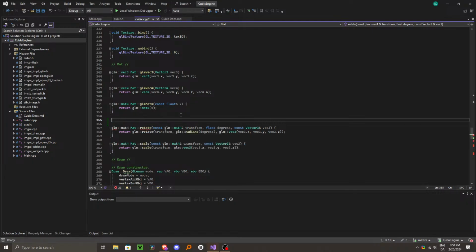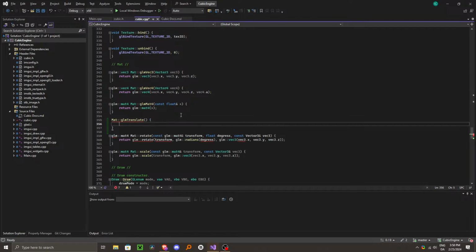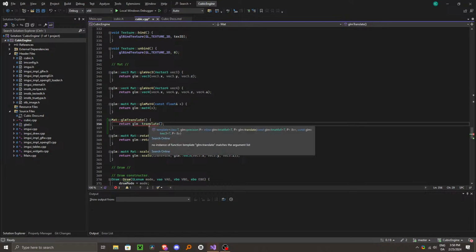I don't know what that's meant to return, but let's just go GLM translate. And I don't know what argument it's going to take, but let's just have it return GLM translate, which should, in this case, return